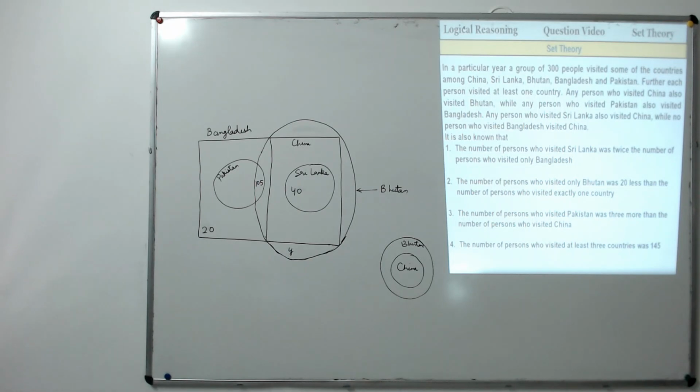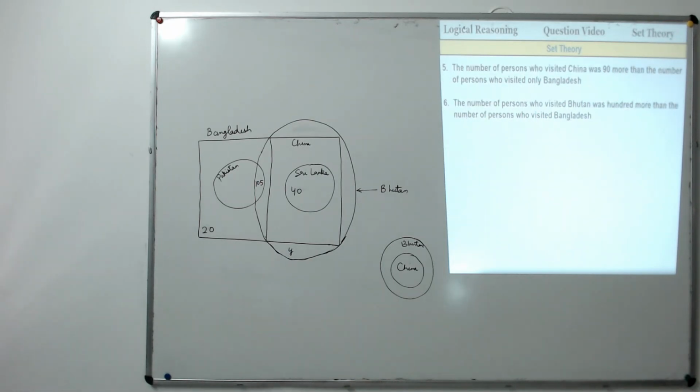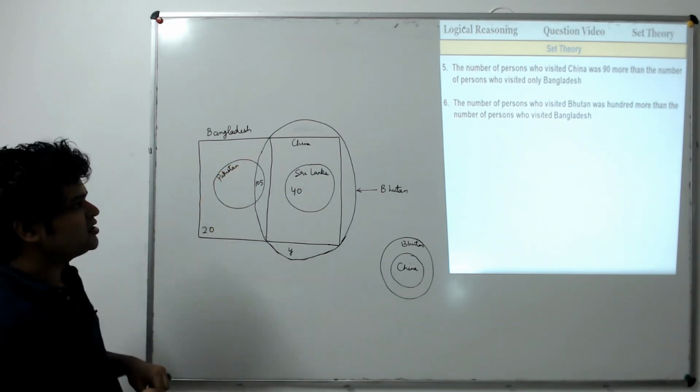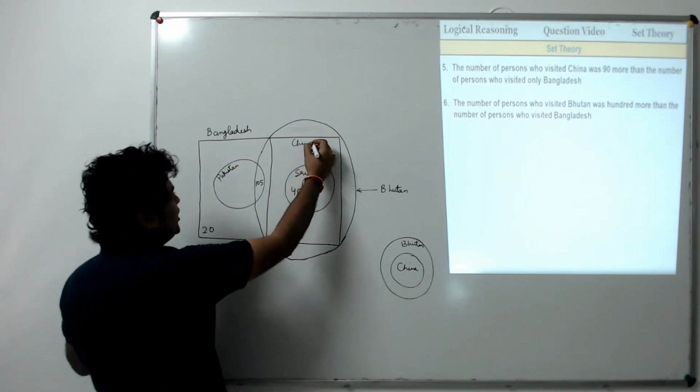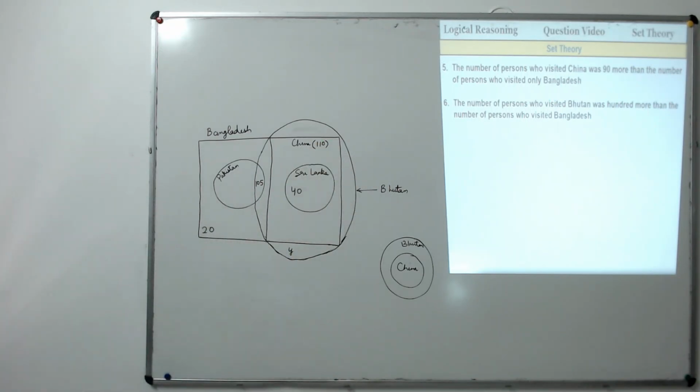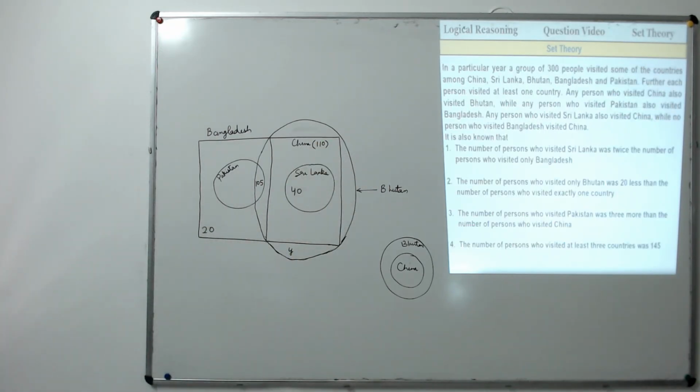Now let's go to the next flow. The number of persons who visited China was 90 more than the number of persons who visited only Bangladesh. So only Bangladesh is 20 and China, it says, is 90 more. So China is 110. And if I go back to my previous clue of Pakistan and China, that is the third clue,